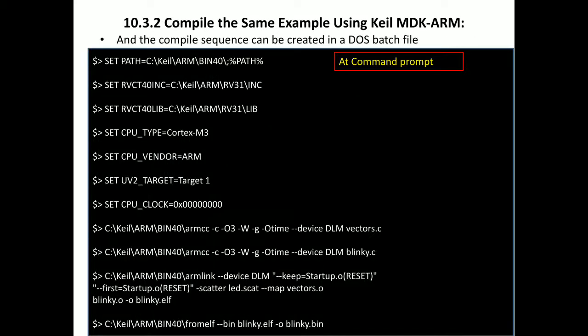Similarly, in order to run this ARM based application, we need to set the path. I will repeat this example with relation to the ARM microcontroller. Earlier I explained it for a gaming application. Similarly, to execute blinky.c, to perform armcc compile, armasm, armlink, and fromelf, we should be able to execute that.